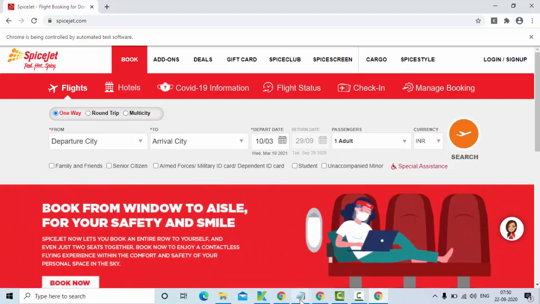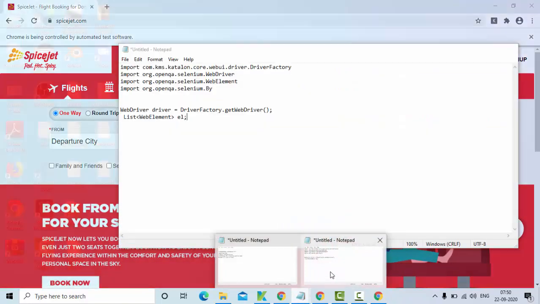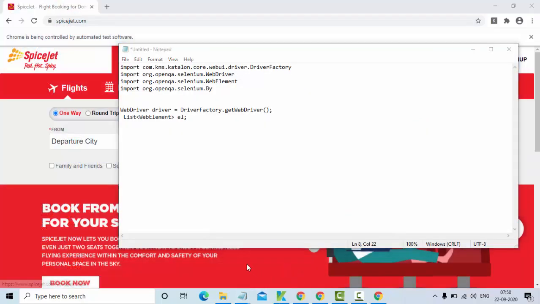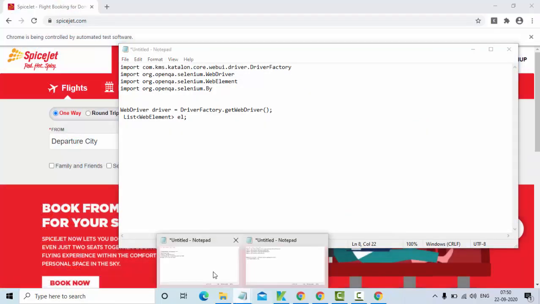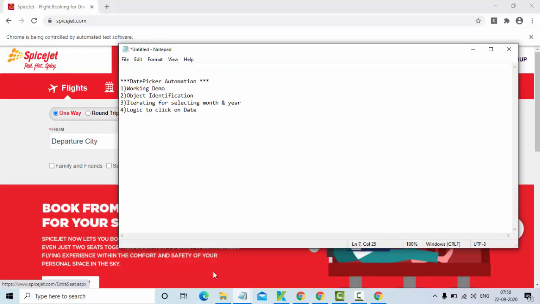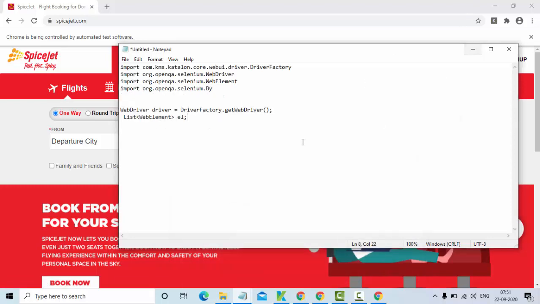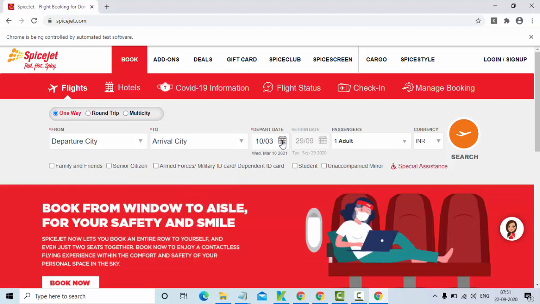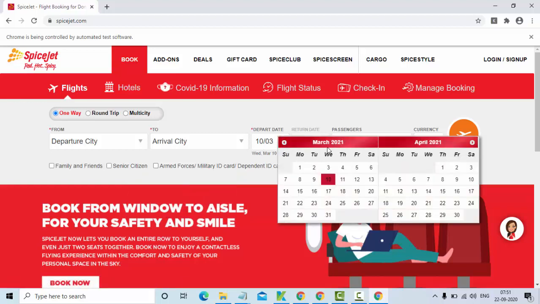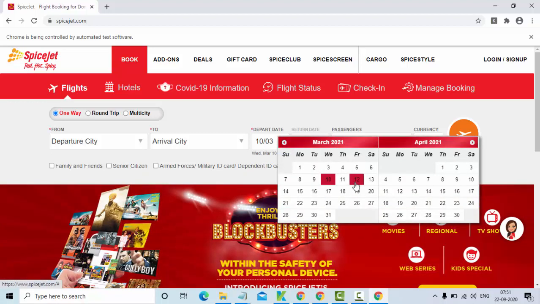So I am going to divide this concept into a couple of small concepts in order to implement this. So the first thing is object identification. If you see here, we are dealing with certain objects like identifying this date picker, identifying the month and year, after that identifying the day, these dates.